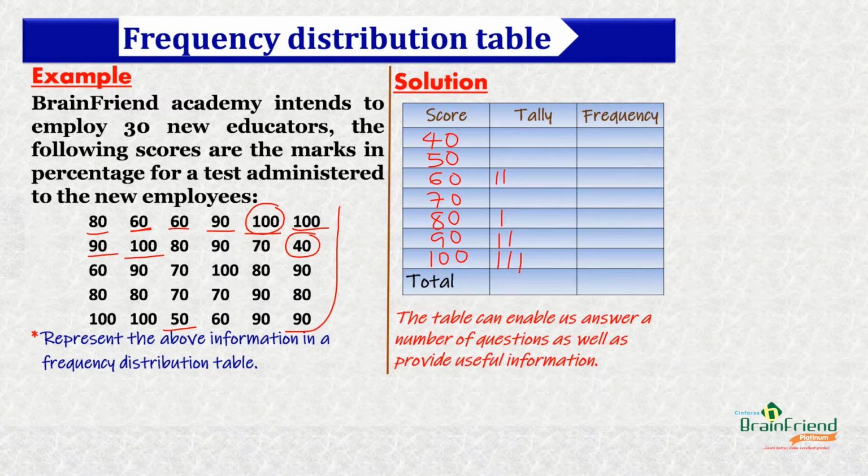100, 80, 90, 70, 40, 60, 90, 70, 100, 80, 90. While representing our data using the tally system,